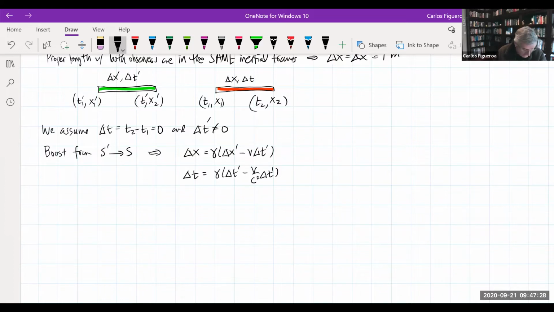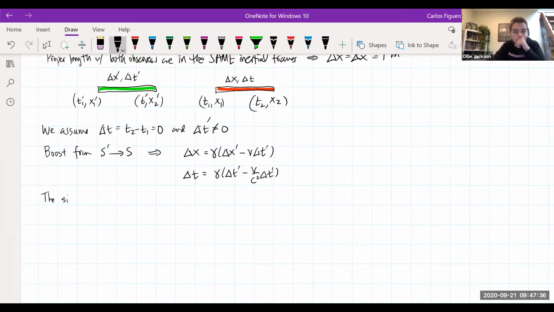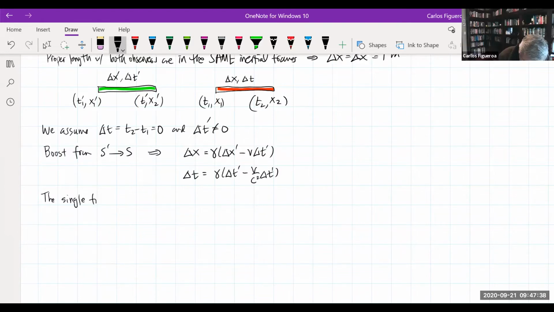So now, if I make a single time measurement,